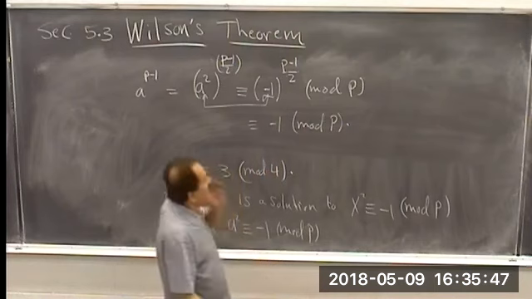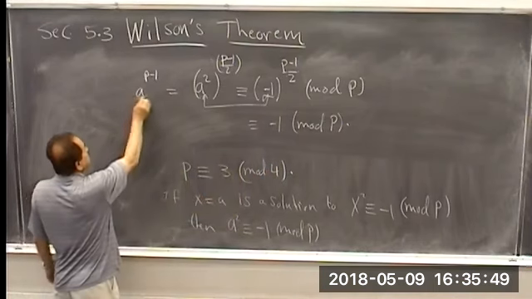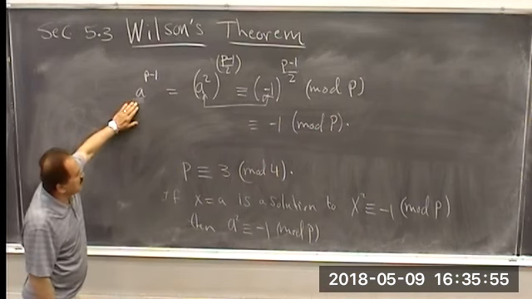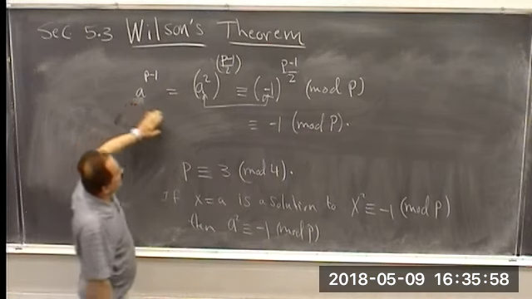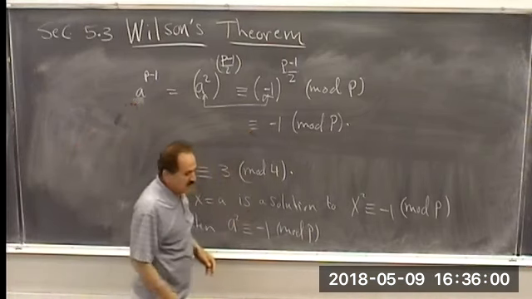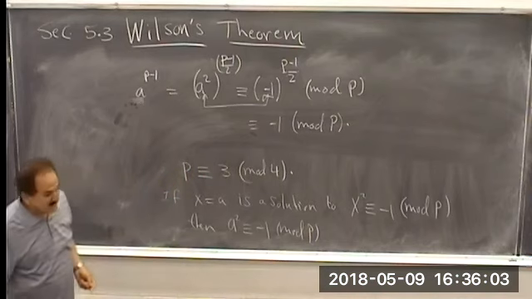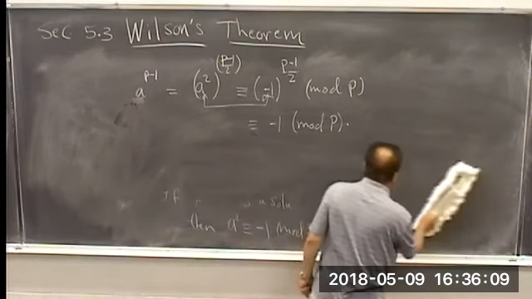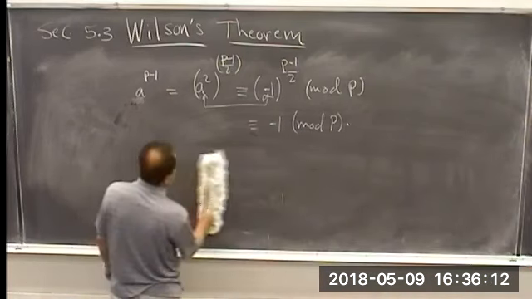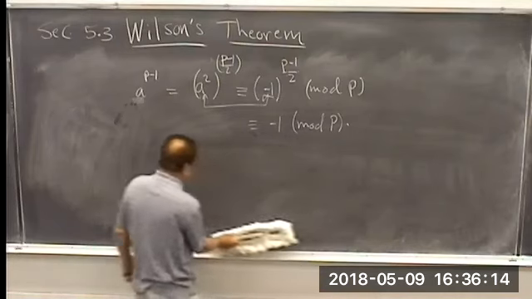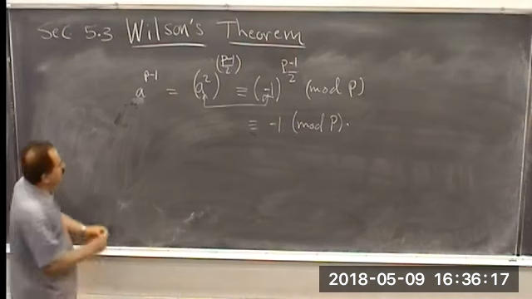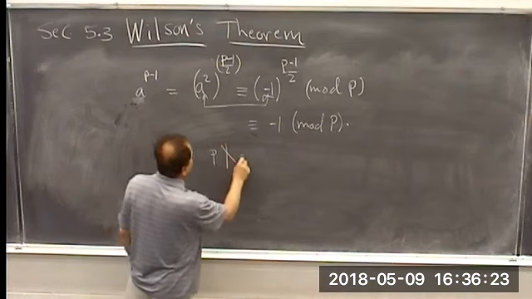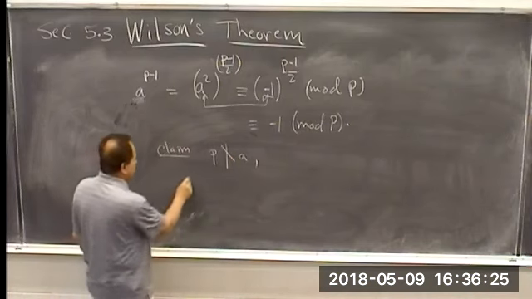Now, this side in here looks like it's Fermat's theorem, except we got a wrong congruence there. But in order to have this satisfy the condition in Fermat's theorem, we must show that P does not divide a. So I claim that P does not divide a. Well, let's assume it does. Assume that